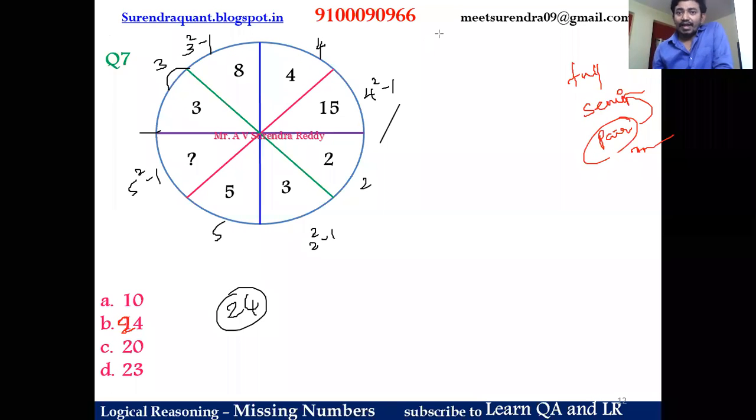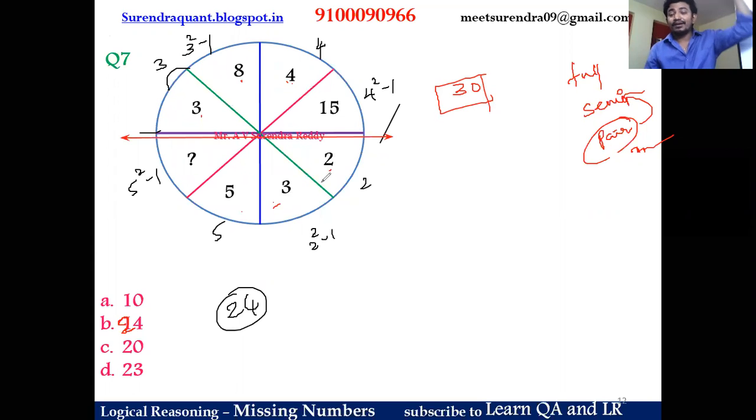Because first of all, the priority is to take the numbers of full circle, then semicircle. So let us try to have a logic in terms of semicircle, if there is any logic or not. Friends, if I take a semicircle, what is the sum of numbers in the upper row? 3 plus 8, 11, 11 plus 4, 15, 15 plus 15, 30. So the sum of numbers in the upper semicircle is 30. Let us see whether such a logic forms. So here 5 plus 3, 8, 8 plus 2, 10. To get the sum of numbers in the below semicircle as 30,